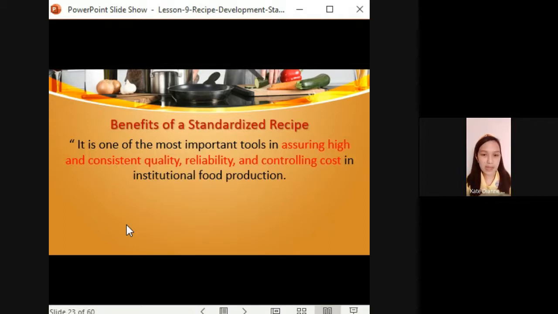Madami siyang pagdadaanan na test, no? Bago siya matawag na standardized recipe. So, doon, ma-assure natin na mataas yung quality niya since na-retest na siya. Hindi siya masyadong maalat, hindi masyadong matamis, di ba? So, balance lang yung magiging recipe. And then, consistent yung quality niya since a standardized recipe, dumadaan siya sa mga,